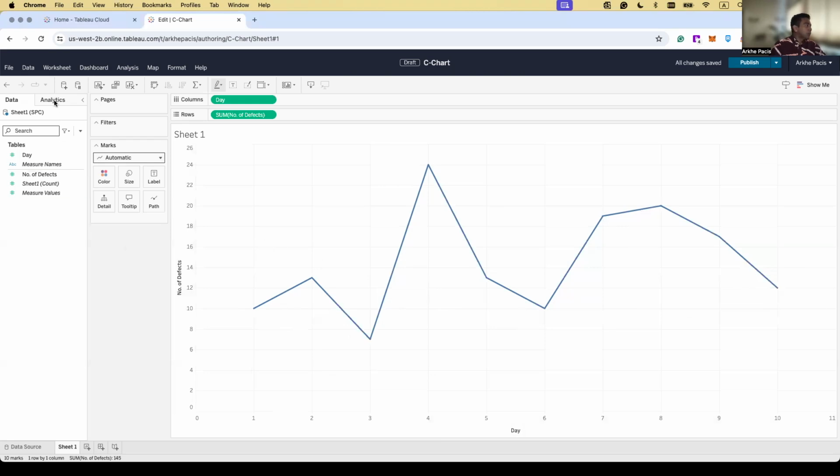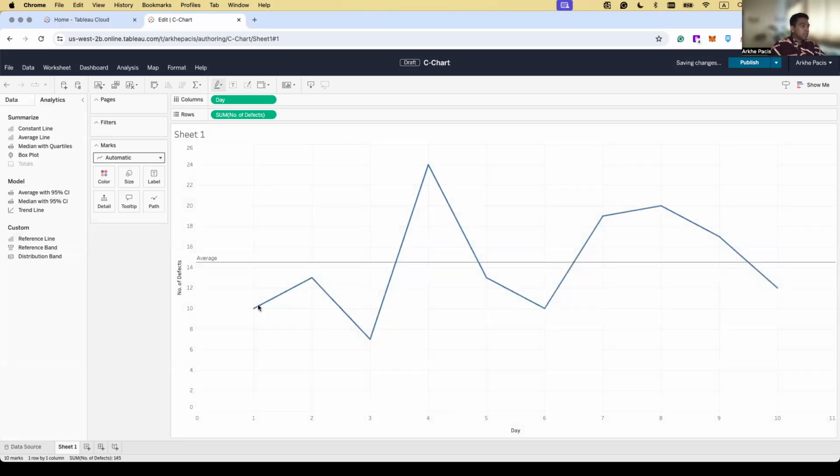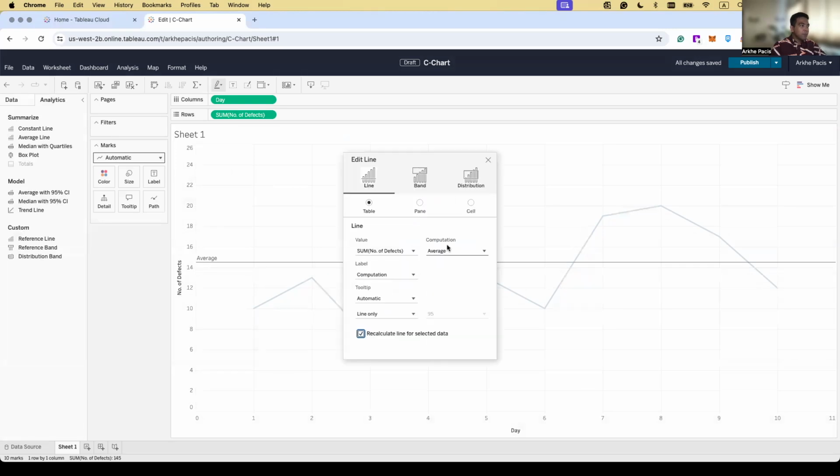graphed, we're going to go to analytics and drop down the average line under the table as a reference line, sum of number of defects, and it should generate this line on the graph. But we're going to edit this, and instead of saying